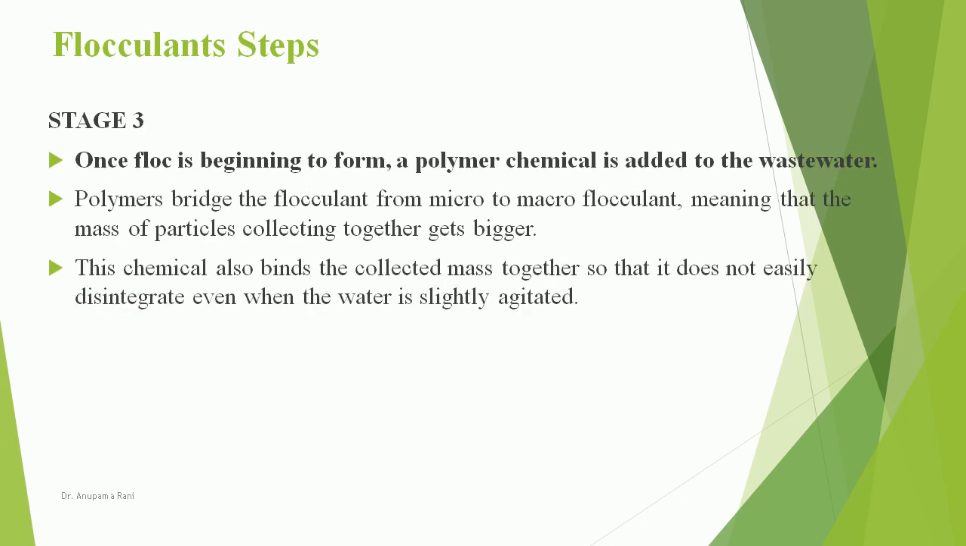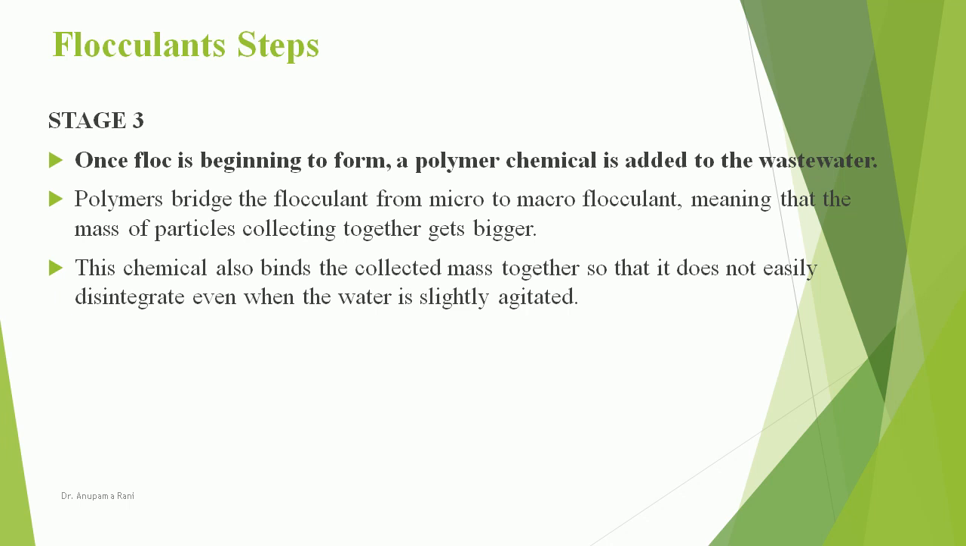Stage 3. Once floc is beginning to form, a polymer chemical is added to the wastewater. Polymers bridge the flocculant from micro to macro flocculant, meaning that the mass of particles collecting together gets bigger. This chemical also binds the collected mass together so that it does not easily disintegrate even when the water is